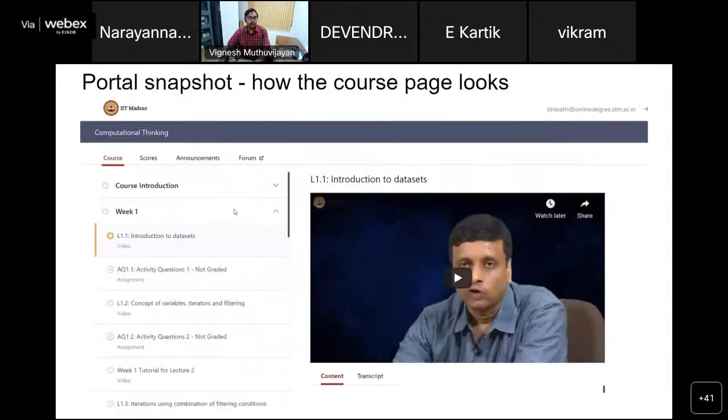Okay, so here is the portal. All of you would be familiar with it. You would have already used it. Even if you have not used it for doing courses, you would have already done it for your qualifier. So all of you have cleared the qualifier. So I'm sure each and every one of you has gone through this portal and you are familiar with it.